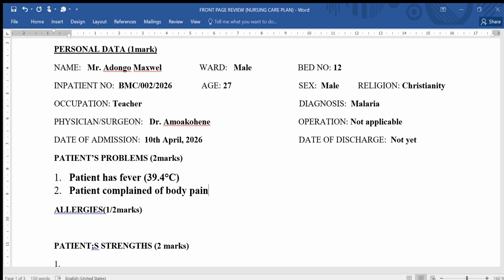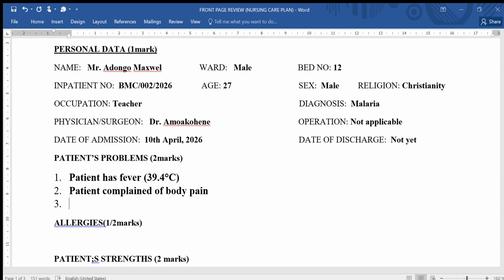Pain. All right. So we say we are writing 4, which should be the third one? Okay. So this patient also is reporting feeling weak, because when you have malaria, you have this generalized body weakness. So patients have complained of generalized body pain, and then this patient also, let's go,